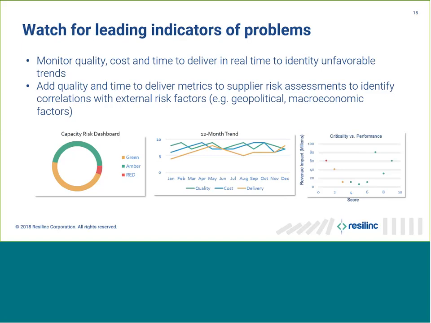And then we can combine that information with other leading indicators of problems, right? The first thing you might see as labor gets short and people are working overtime, or at 80% capacity, is probably quality, cost, or delivery problems, right? So being able to track those in real time, combine that with the capacity risk that we help you collect,